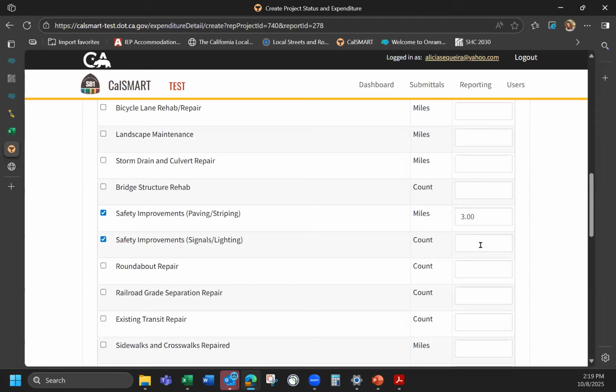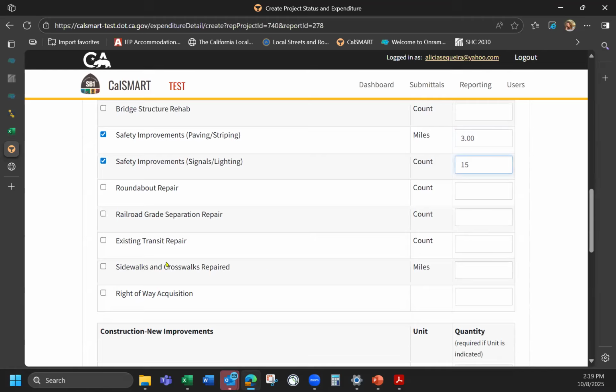How many signals and lights did we update? Let's just say we did 15 as a part of this in total. Overall, the sidewalks consisted of 2 miles of the overall work. I think that's a lot, but